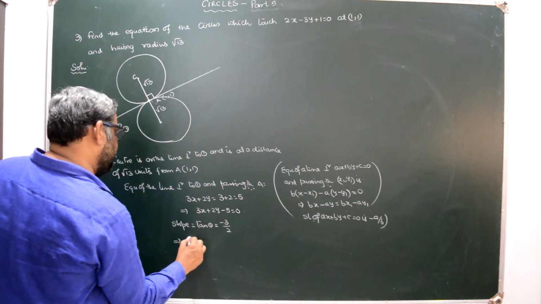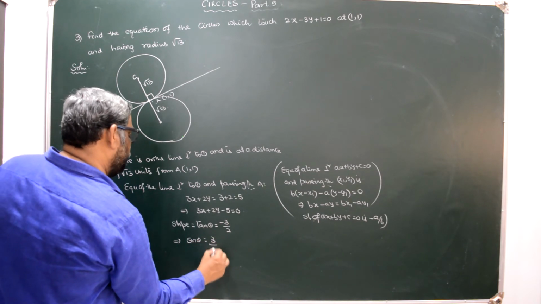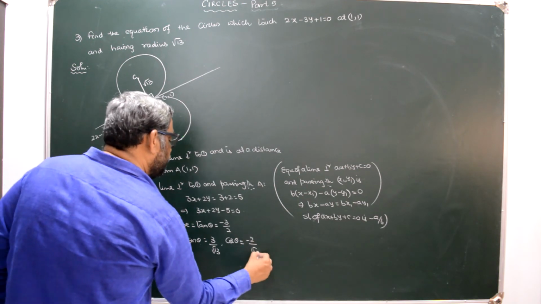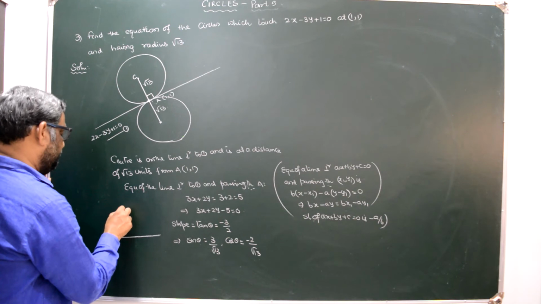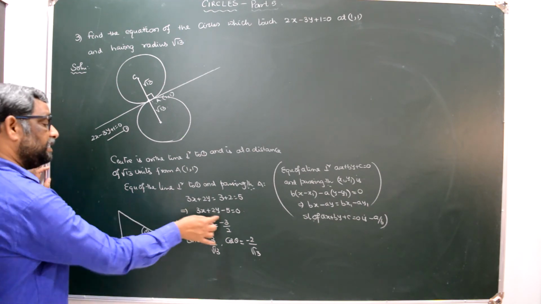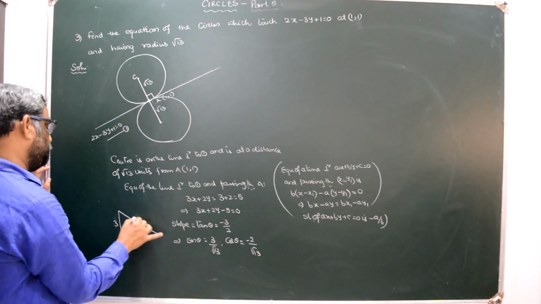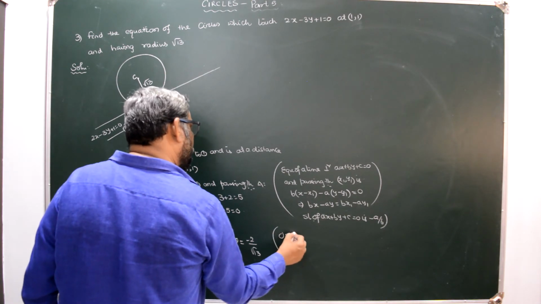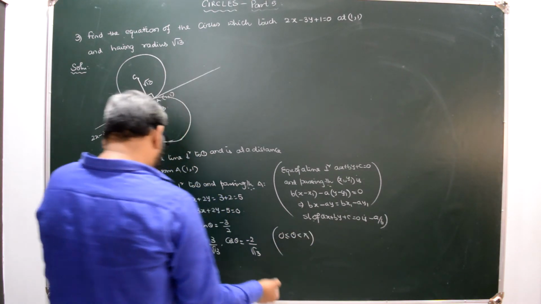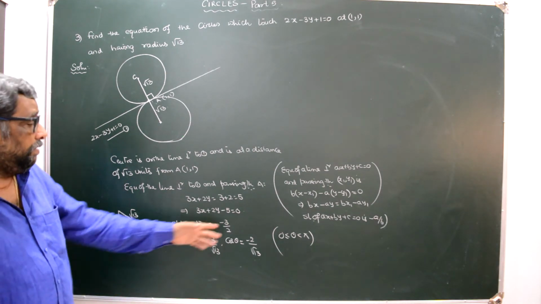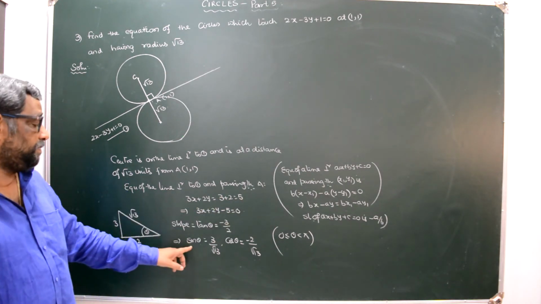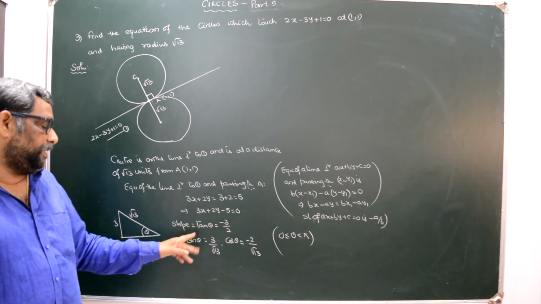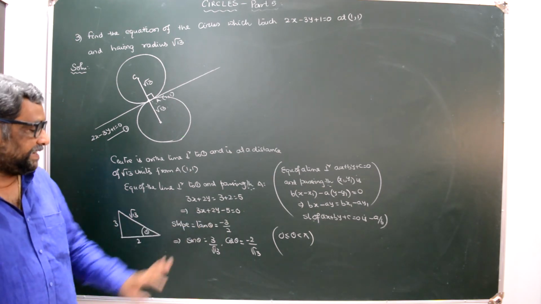You can write sin theta is equal to 3 by root 13, cos theta equal to minus 2 by root 13. If you want, you can take a triangle here, simply a right angle triangle. This is theta. Tan theta is 3 by 2. This is root of 9 plus 4, root 13. Because the inclination theta always lies between 0 and 180, theta is in the first and second quadrant, so sine must be positive and cos must be negative. So whenever the slope is negative, tan theta is negative, in that context, we have to consider the sine as positive and cos as negative.